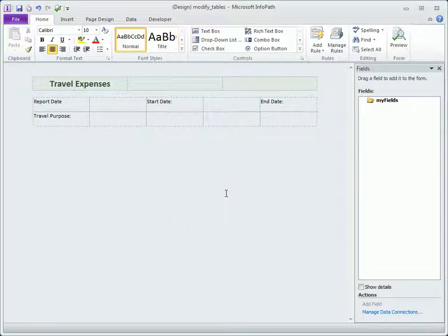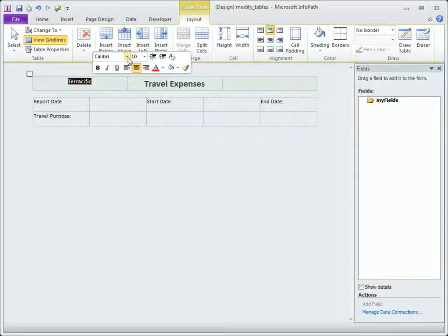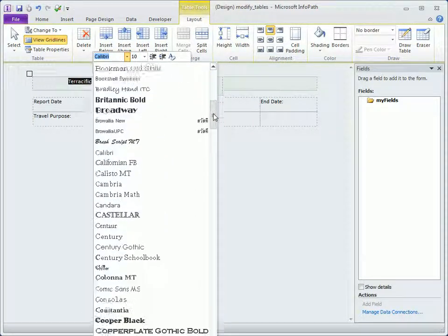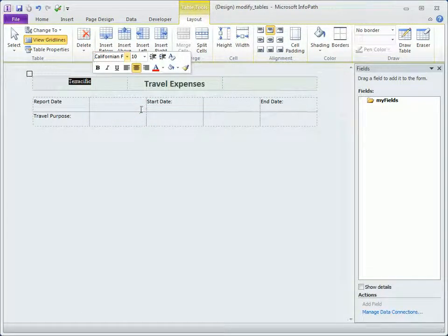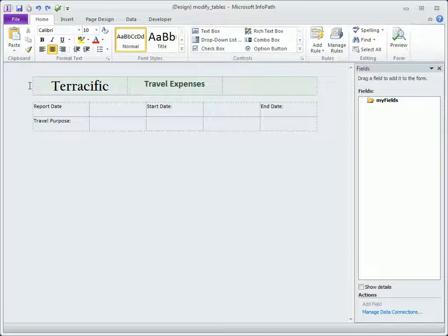To get our form's title into the center cell, click and drag to highlight the title, then click and drag it to the center cell. Now we'll click back in the first cell and enter our company name. Then select it and add some formatting from the mini toolbar. Our logo image will go into the cell on the right, something we'll go over in another clip on inserting